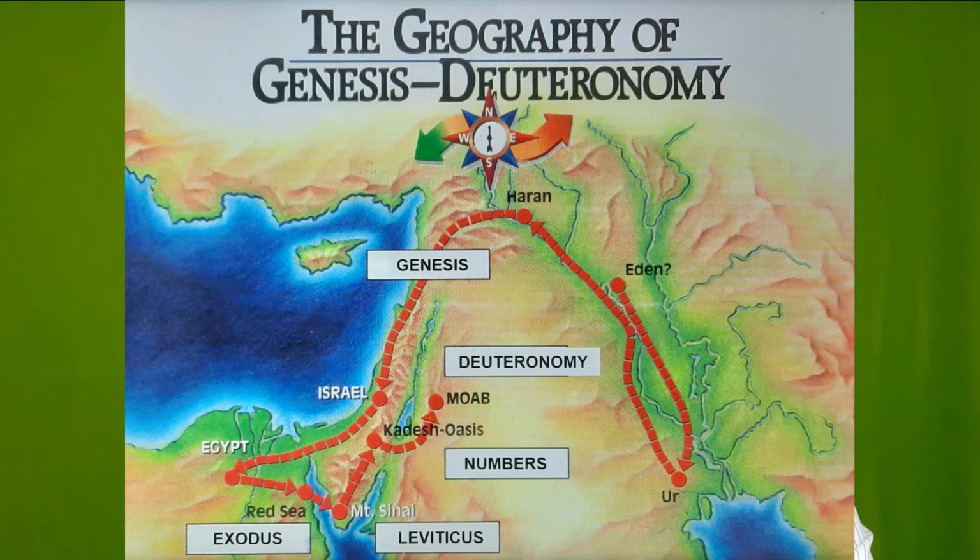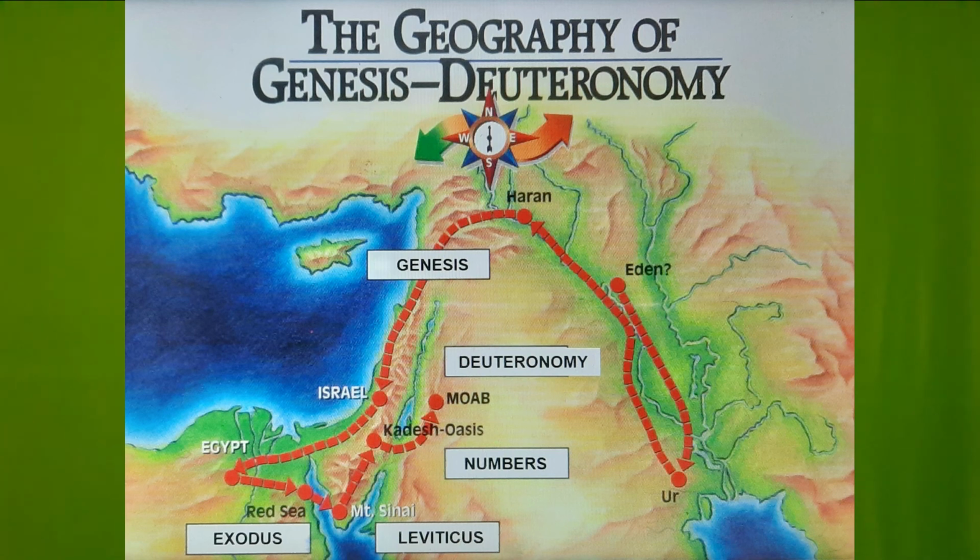Pentateuch. Now look at this map. Five books, starting from the Garden of Eden story. Then in chapter 12, we read about Abraham's calling, and Abraham is starting from there. And through Haran, he went to Egypt. So Garden of Eden, Ur, Haran, Israel and Egypt, up to that story, 50 chapters of Genesis. Next, Exodus is starting from Egypt up to Mount Sinai. And at Mount Sinai, they got the law and the blueprint for the tabernacle and all, and instructions.